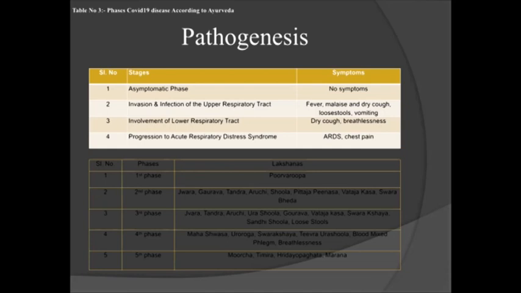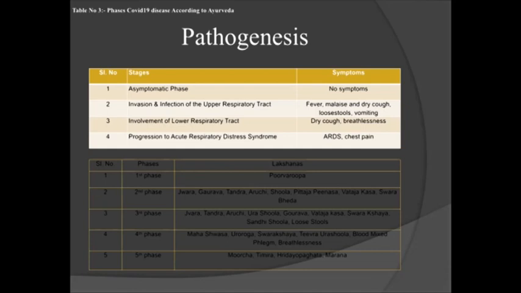And the second phase, that is Rakta Dhatu Paka, will lead to Ama, and there the Jwara, Gaurava, Tandra, Aruchi, that means the symptoms of exact fever will be seen in the second phase. In the third phase, there will be symptoms of Jwara, that is fever. With that, we can see the